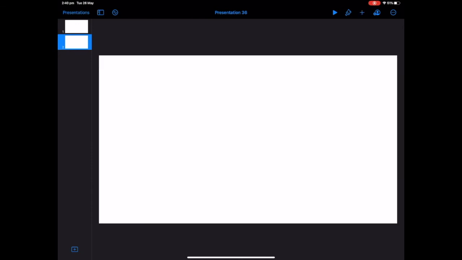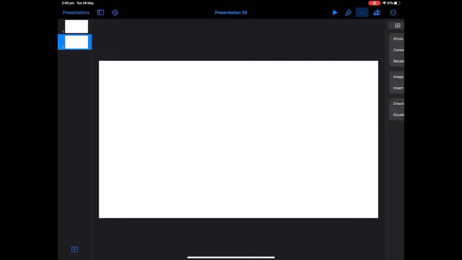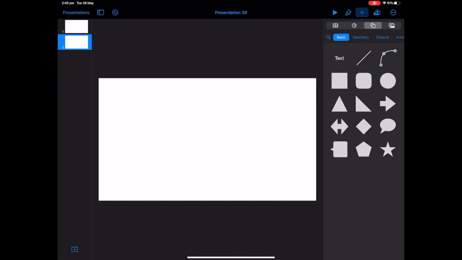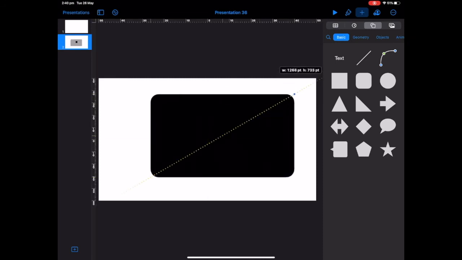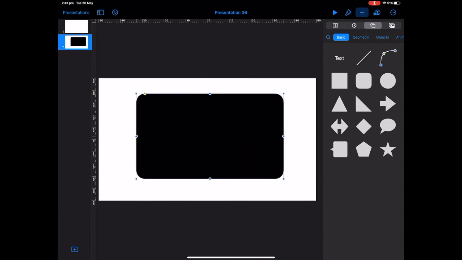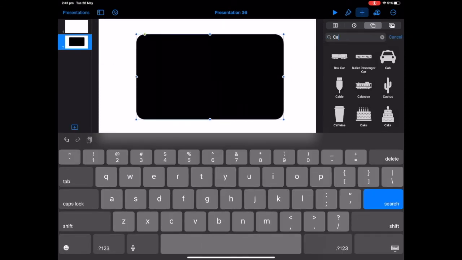If you would like to add an image placeholder to your quiz as well, tap plus in the top right hand corner. Tap on shape. Decide if you want a box or a rounded rectangle. I normally like to use a rounded rectangle. Resize by using the blue handler dots. I'm going to find a camera